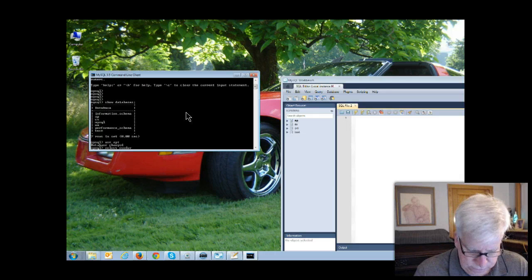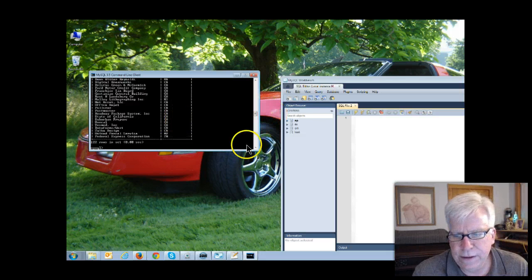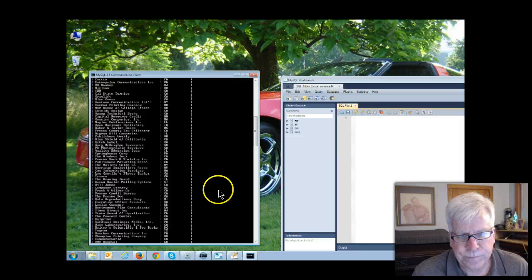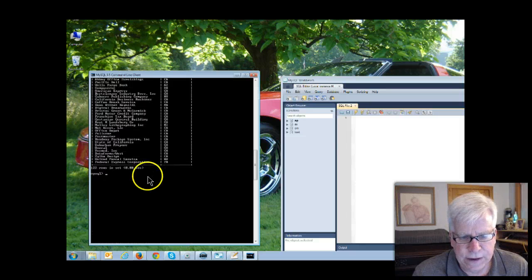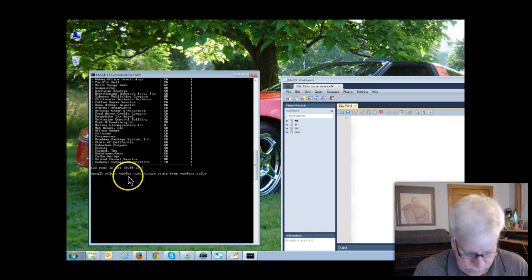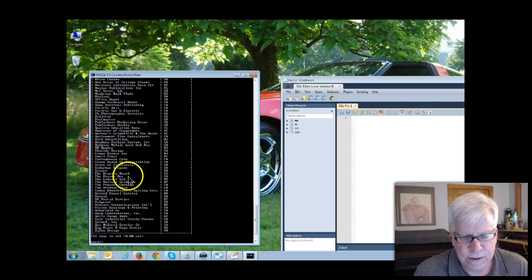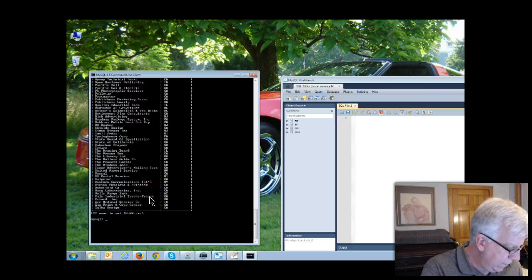Select vendor_name, vendor_state from vendors, semicolon. Now it's listing the vendors, and if I use the up arrow and then say order by vendor_name, now it's alphabetical. And so that gives you kind of an introduction to pages 66, 67, 68, and 69,